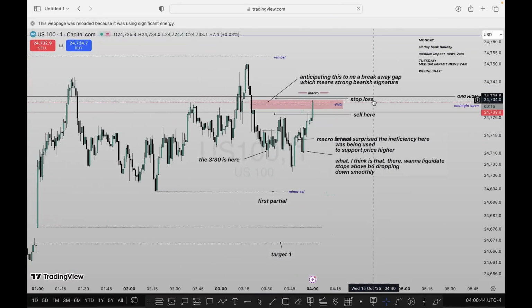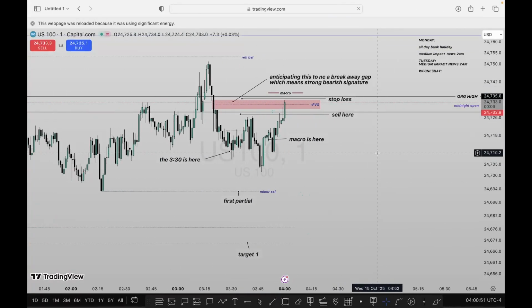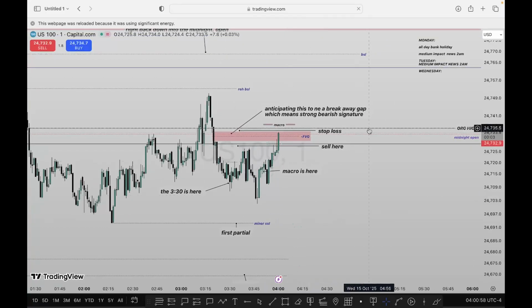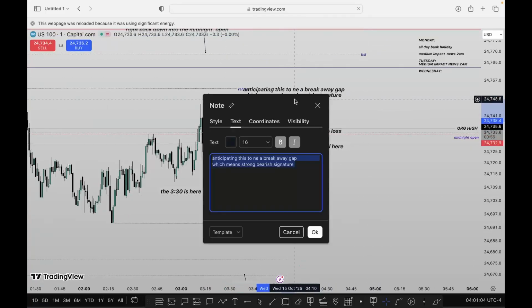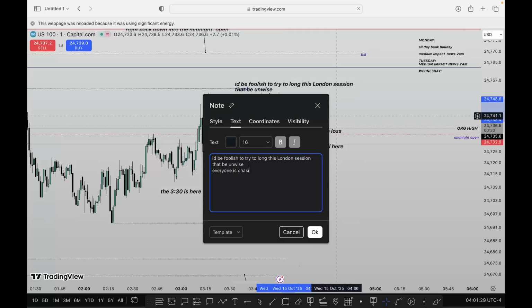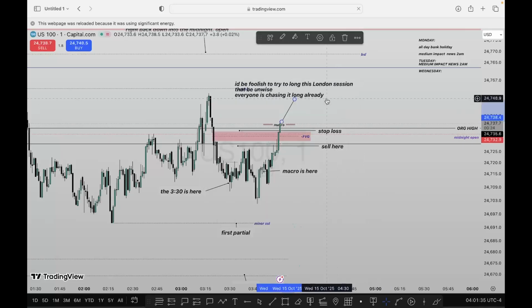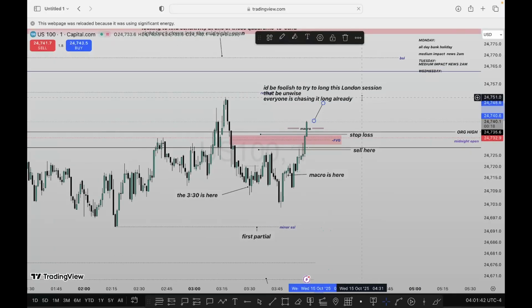So I mentioned that this is the last trading day. I only take 3 trades. I take 3 trading days per week. Once I trade 3 times, I won't trade the live account again. I'll switch over to demo. So henceforth, I'll be only trading demo. So that is for London session.